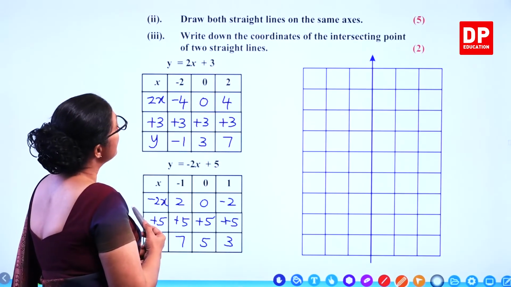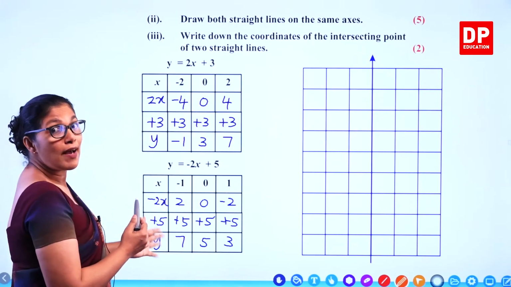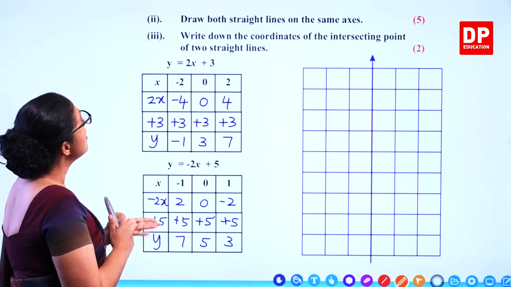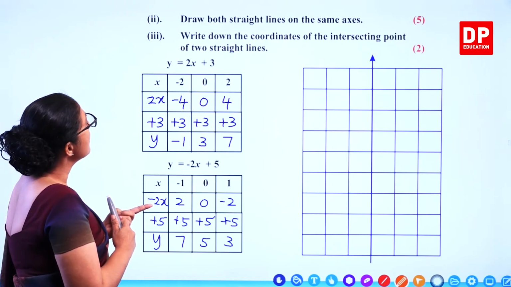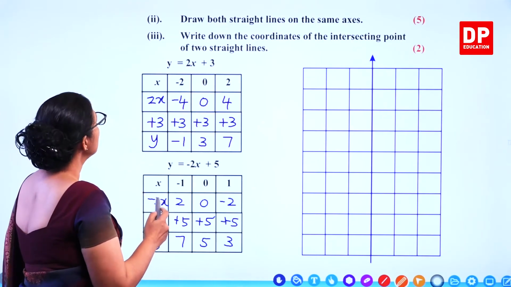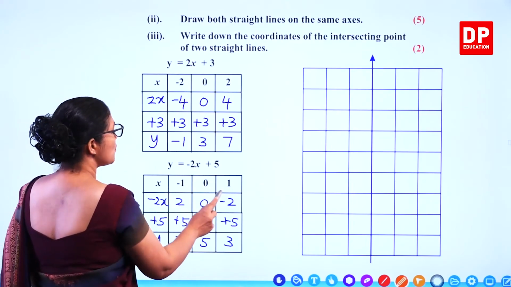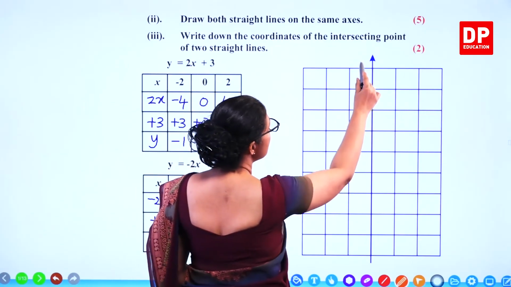Draw both straight lines on the same axis. Now we have the table of values for x and y. We can draw the straight line. So here we have to scale it. So what are the x values? Minus 2 to 2 and here minus 1 to 1. So we'll take, this is the